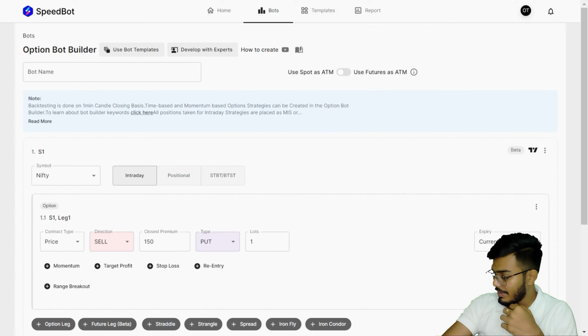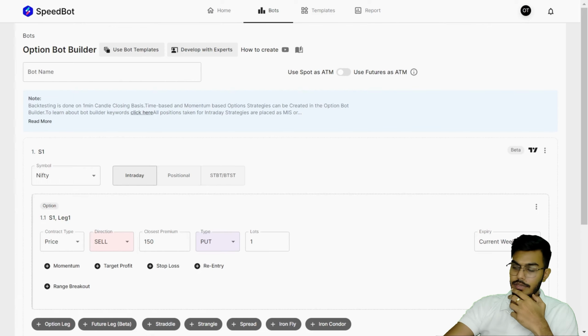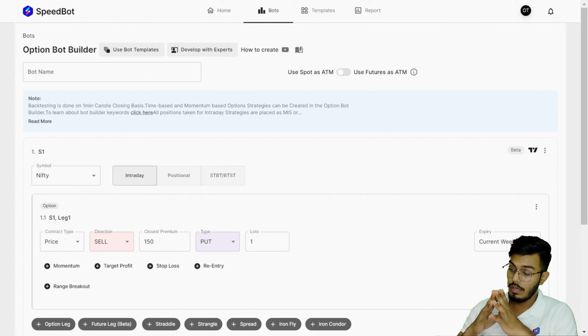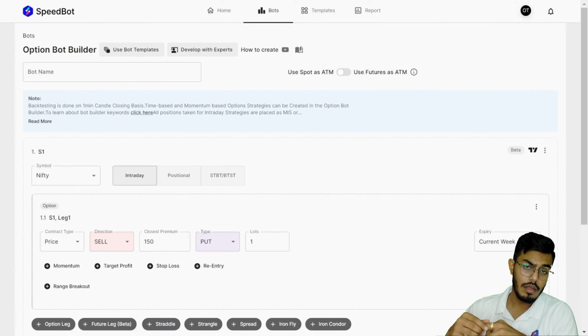Okay, so let's take one last question for today's session and then we'll call it a wrap. Okay, so Mr. Keyur has this question: is it possible to have a lock and trail feature on SpeedBot? This is a feature request that Mr. Keyur has asked. Yeah, so this is something that the team is working on, and maybe by the end of next week, maybe next Friday when we join again for the Q&A session, by that time we'll have